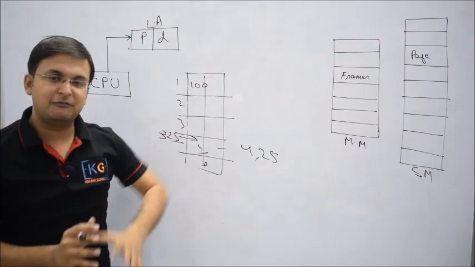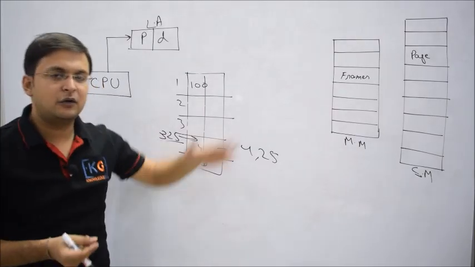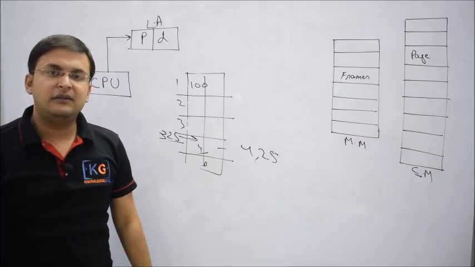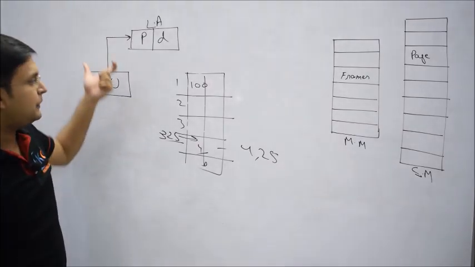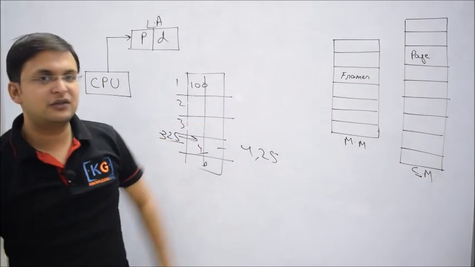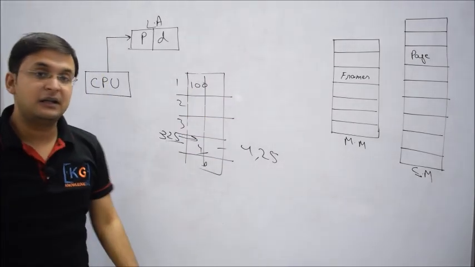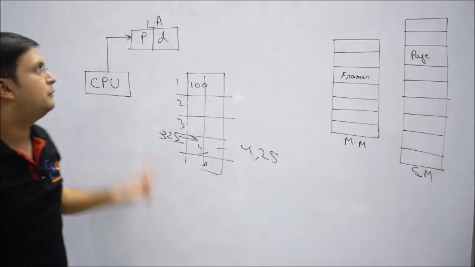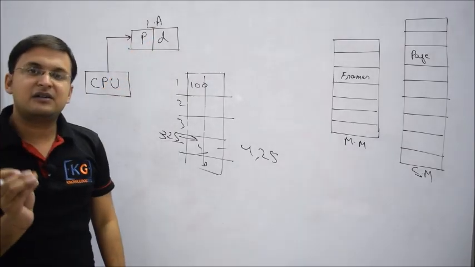Now you see that is advantageous. I should not say go and read instruction number 4328. Instead I say go to this chapter, this page, this instruction number. So now the CPU knows that you have divided the system into equal size partitions called pages. So instead of saying I want to access that instruction number, which is what the CPU was doing in contiguous memory allocation, now the CPU will say I want to access page number this, and D stands for instruction offset.